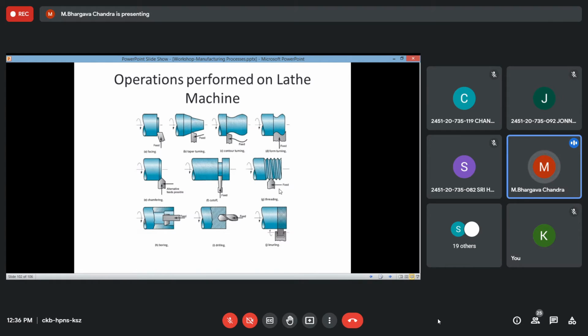Then you have the very important threading operation. Cylindrical components may have threads. Threading is required on some cylindrical components, so naturally threading is also created here on the lathe machine. This is a calculated feed rate, and a particular type of tool bit is used for the creation of the threads on the cylindrical components. Say, very huge size bolts are created sometimes. So bolts are required. You can formulate a thread on the cylindrical component by the process of threading operation.